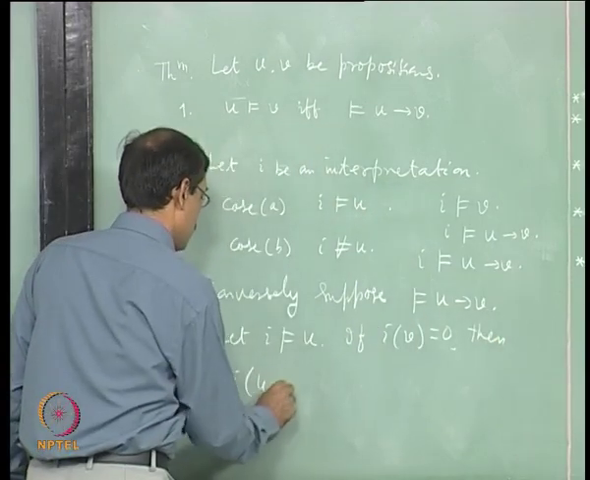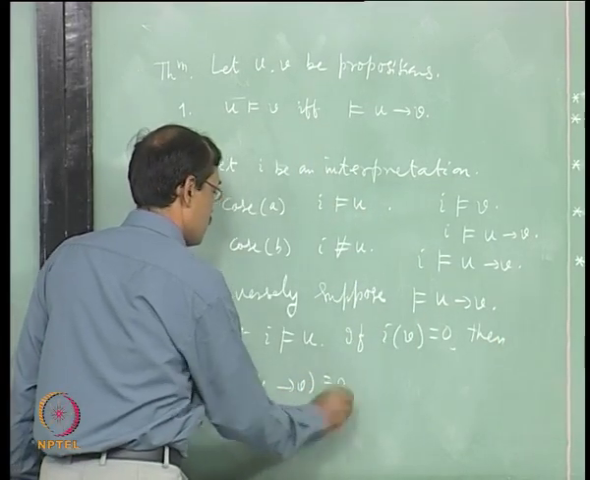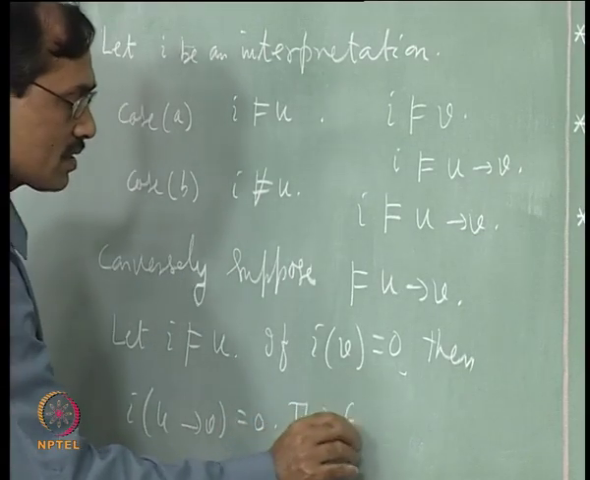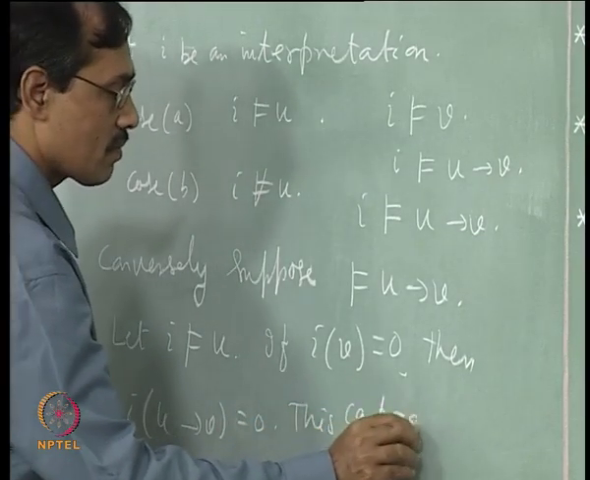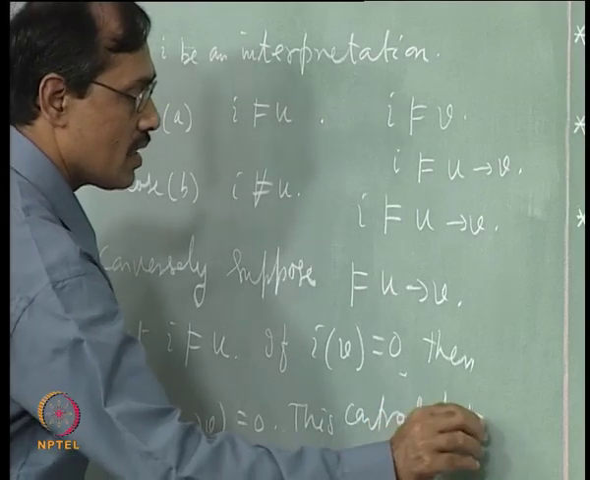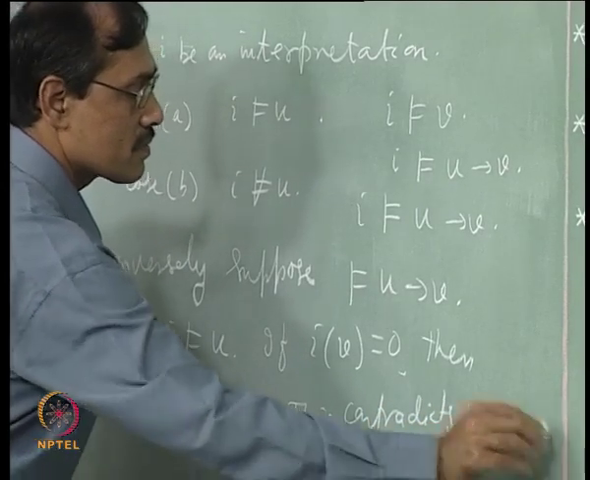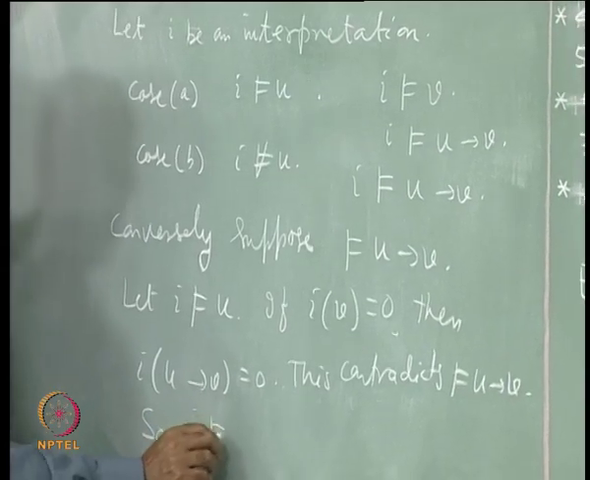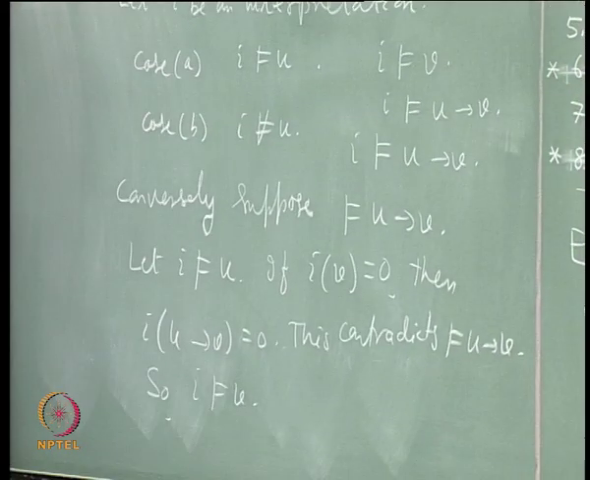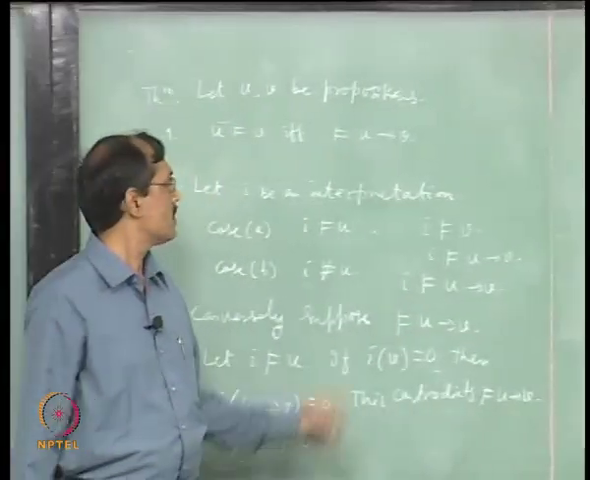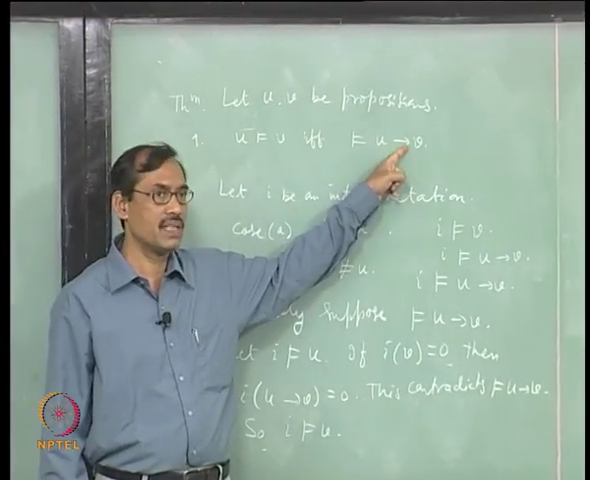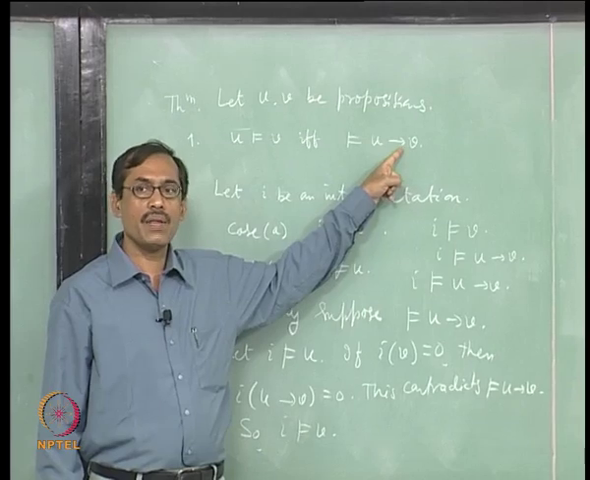Then I of U implies V equals 0, right. This contradicts the validity of U implies V. So, I is a model of V. Once you see there is a connection between entailment and the connective implication, validity of that, then you can connect